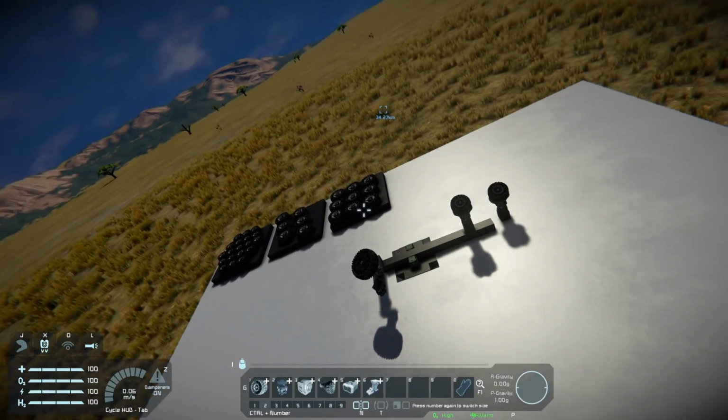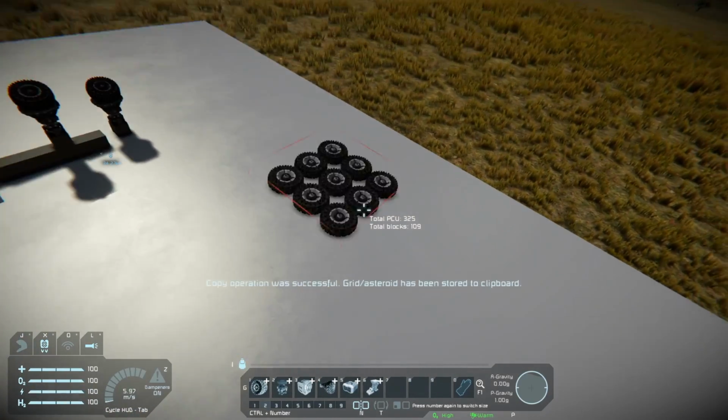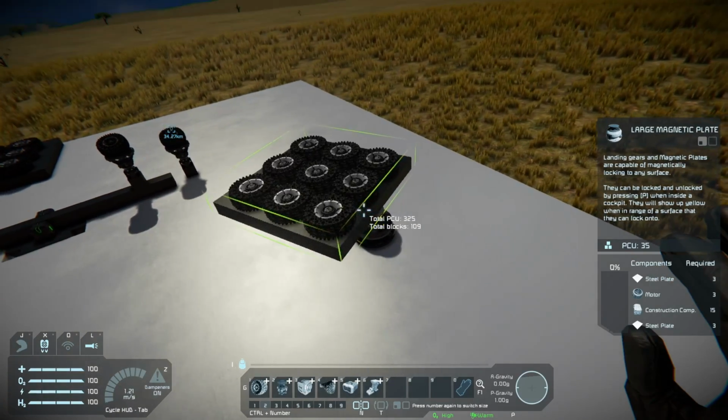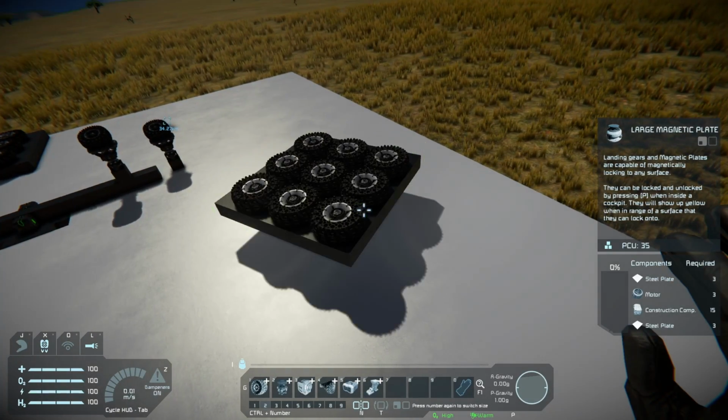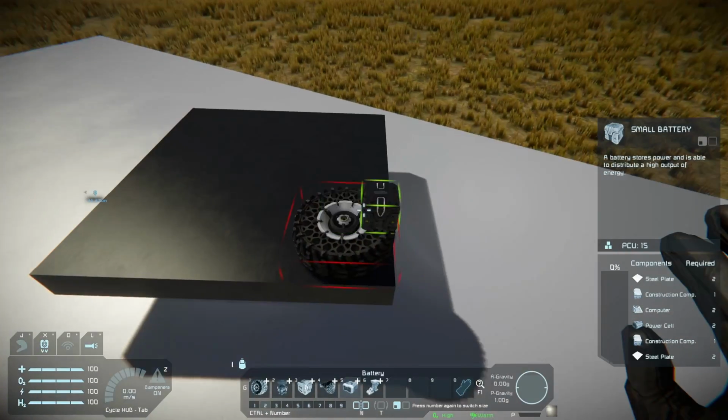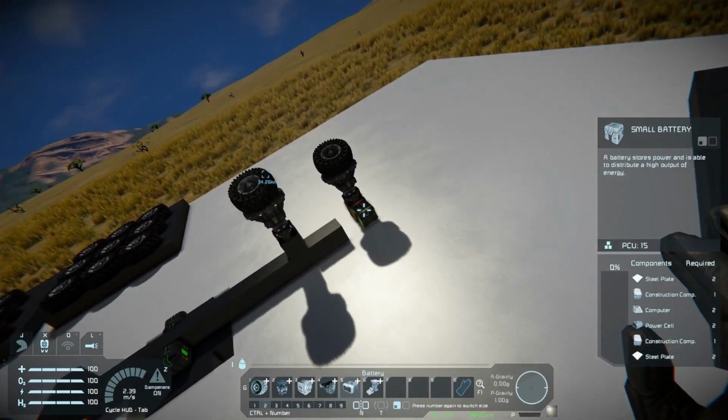Okay. New idea. Let's attach it to a bit of a solid base that can't just space out. I hope that's not going to actually be a problem.